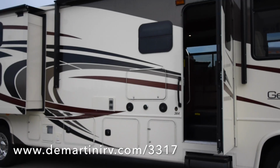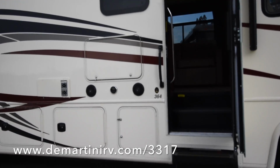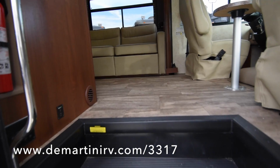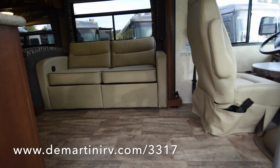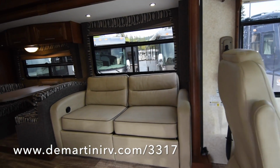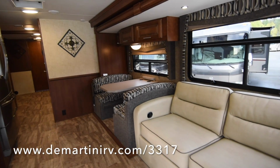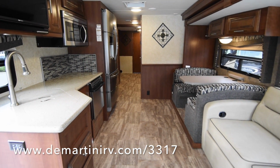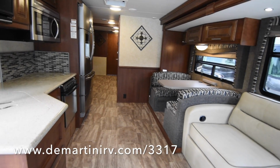This coach is built on a Ford chassis and features a Ford 6.8-liter V10 engine. The floor plan of this Georgetown is the 364. It features a bunk house and 3 slide-outs. Right there you can see there's a sleeper sofa, an extra long countertop. There's a booth dinette